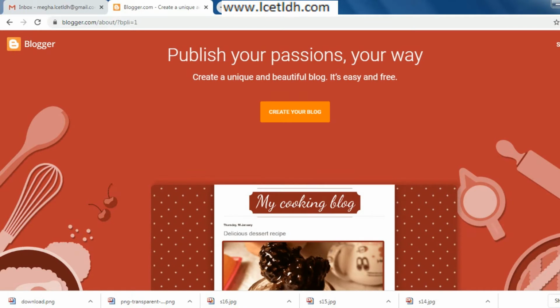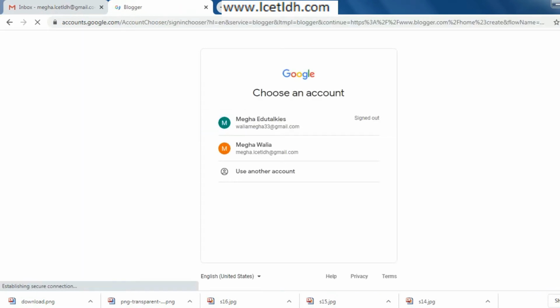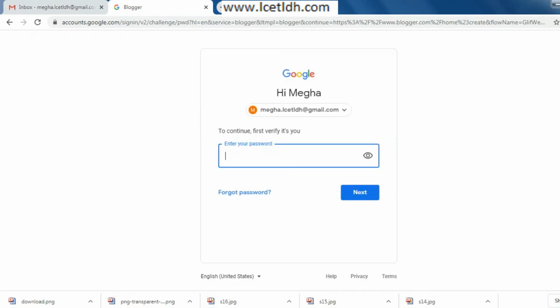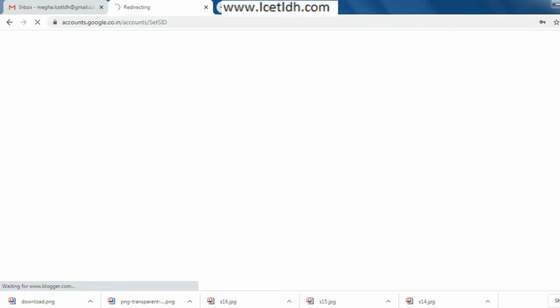Now, how you can create a blog, just have a quick review of this. First of all, just open this site and click on Create your blog. Then it will ask you for your Google address, simply your Gmail ID. So we are going to give it our Google ID. Then it will ask you your password. Simply type the password, and after giving the password, you can see a page would open with the help of which you would be able to create your own blog.